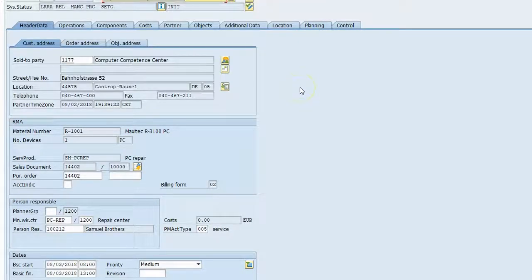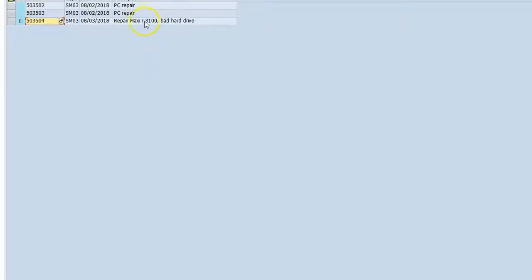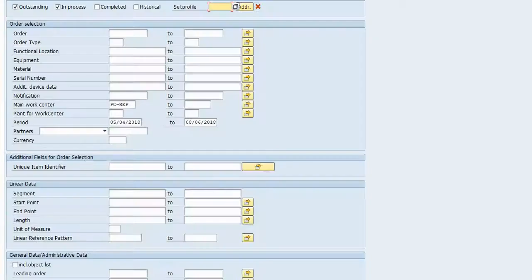then I would usually, well, it depends on the person, but quite frequently and frankly, they might just ignore this whole service order and go about doing their work. They'd go ahead and repair that PC, and when they finished, they would need to record their labor and whatever parts they used against the service order, so that the customer could then be billed for those time and materials. So the way they would do that